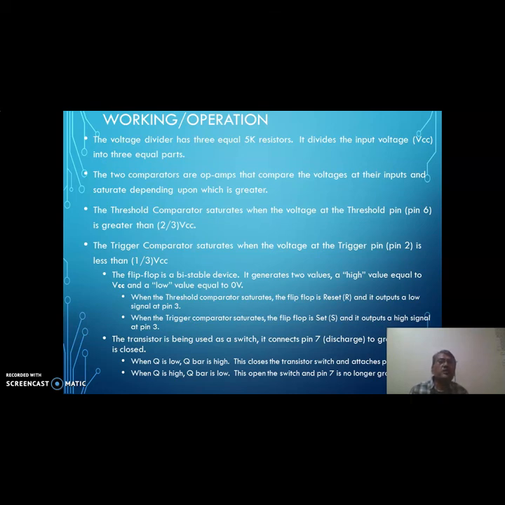Therefore the lower comparator will saturate when its voltage becomes less than 1/3 VCC, and the upper comparator will saturate when its threshold voltage becomes greater than 2/3 VCC. In this way the output is high or low, depending upon the external